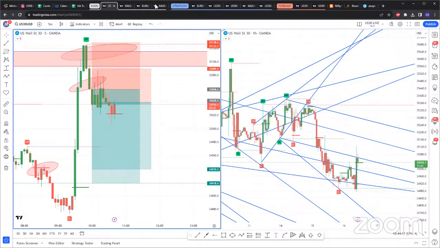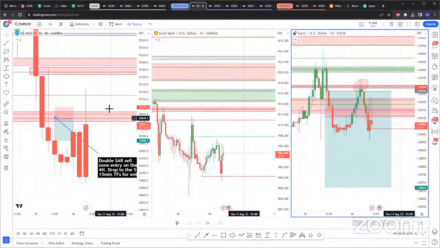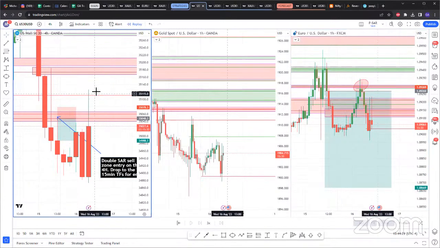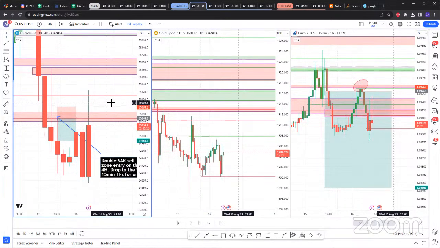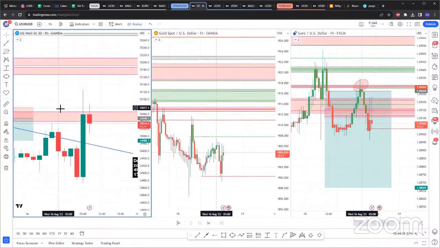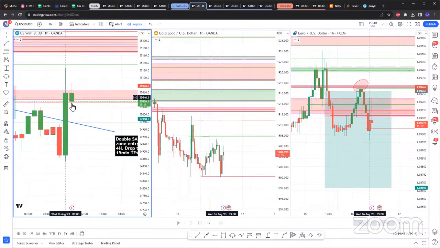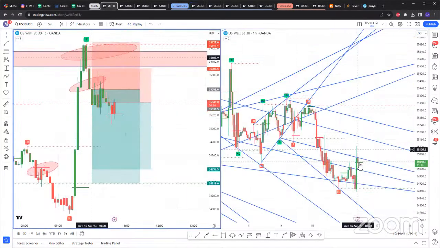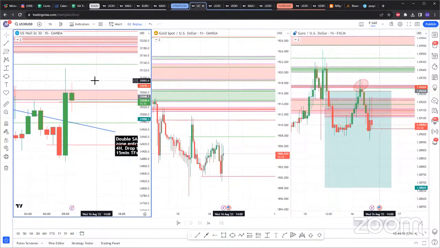The only way I can take bullish entries on US30, so right here, if you see the 4-hour, I don't counter trend. I don't really like counter trending nowadays, but if I were to counter trend, I would need to see double SARs on the 4-hour, like double buy SARs on the 4-hour, or double buy SARs on the 1-hour. And right now for US30, there is only the current buy SAR here on the 1-hour, and you can see it right here. So I don't really want to trade that.